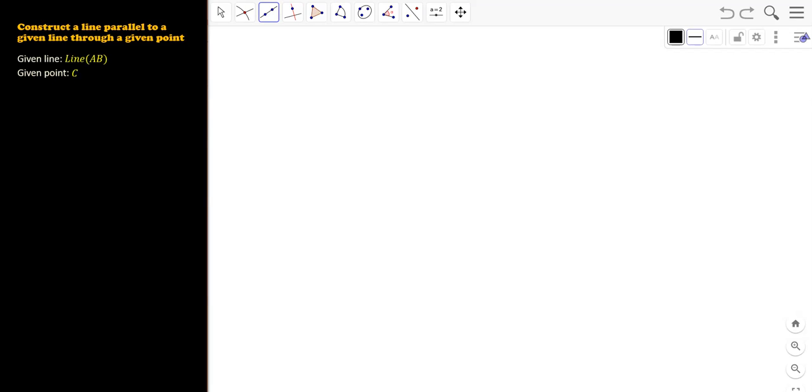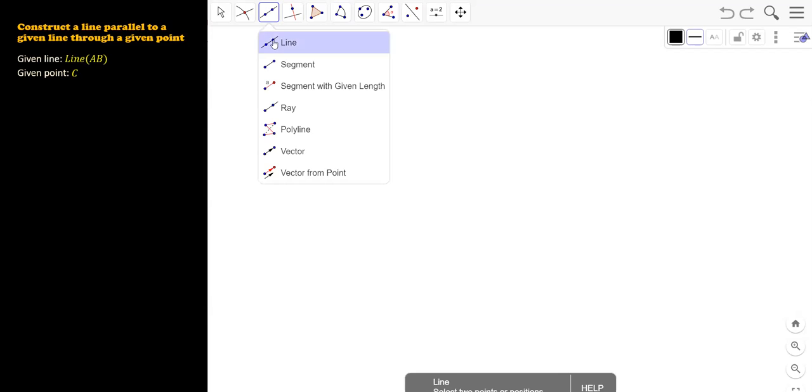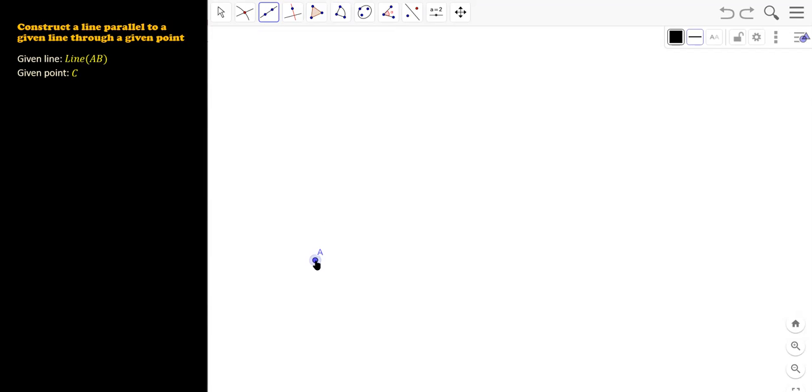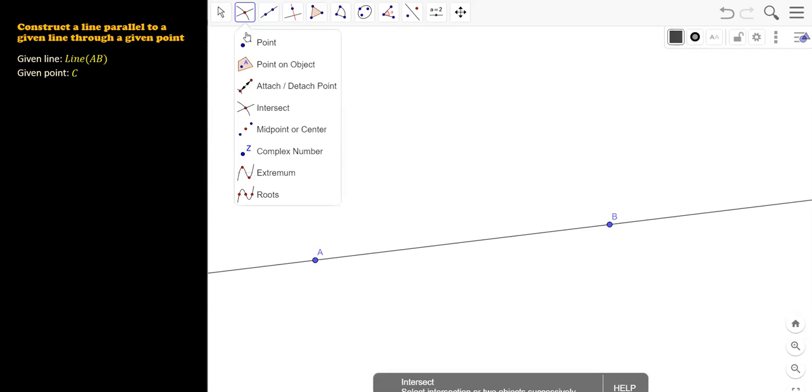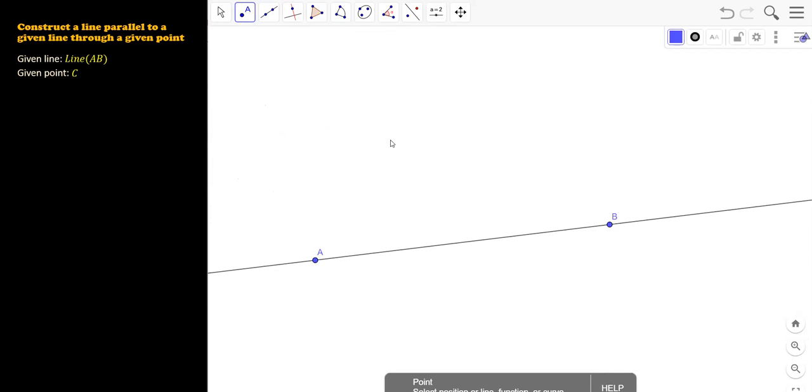So we have a given line. So let's draw a given line here on GeoGebra. There's a point A, there's point B. So those are 2 points on a line, and we're calling that line AB. And then we're given a point C. I'll just plop this somewhere up there. There's point C. And my goal here is, I want a line that's parallel to the line AB that goes through the point C. So how are we going to do this? Well, first,